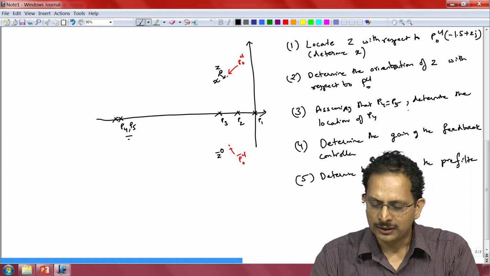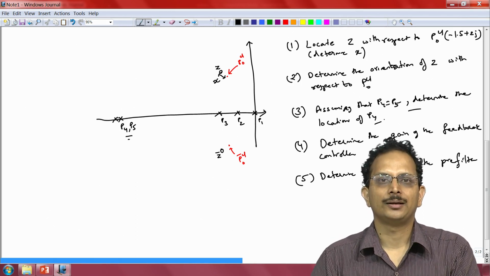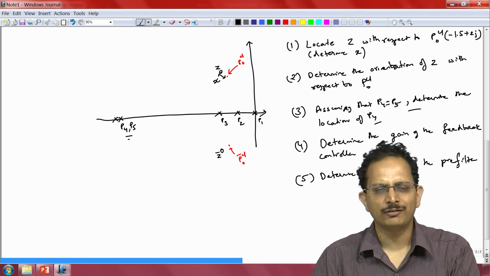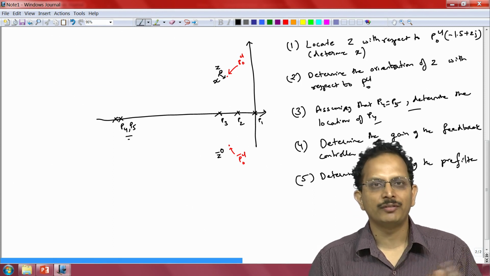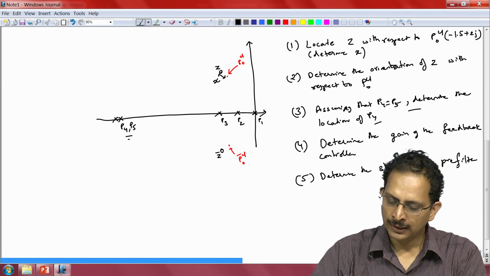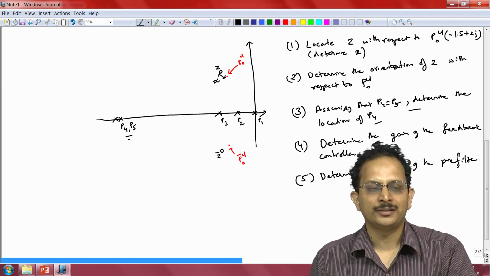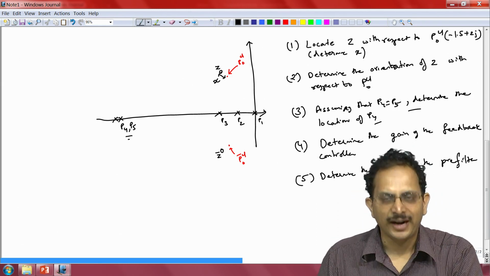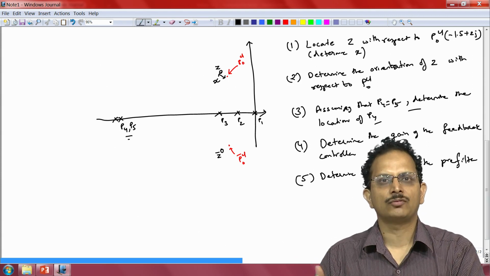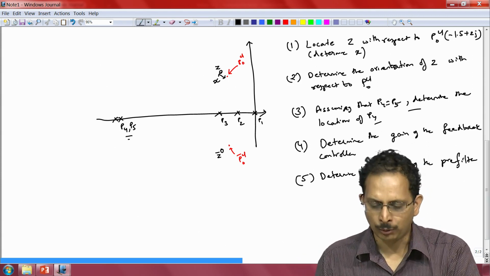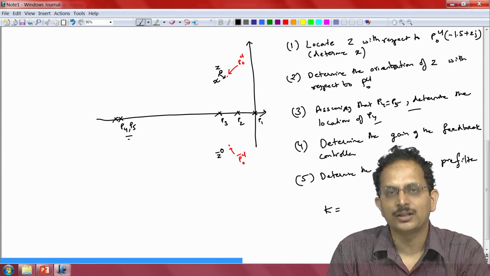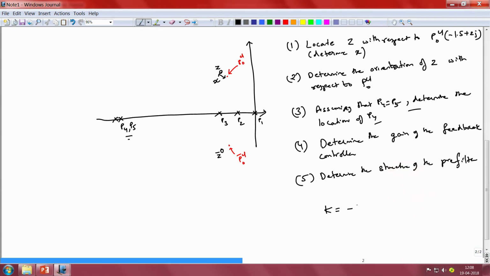Hence we shall not discuss in great detail the determination of the points P4 and P5, because the same steps shall be adopted as what we had done in the previous clip. Likewise for the fourth and the fifth points also, once we have determined the locations of the points P4, P5 and Z and Z bar, then we know the structure of the controller, the structure of the plant is already given to us, therefore we can determine the gain K of the controller by using the equation K is equal to minus 1 by Cp evaluated at PCL0, and with that our feedback controller design would be done.